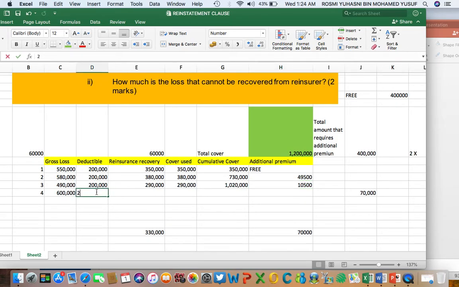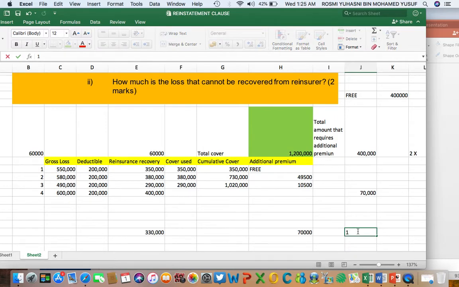600,000 minus deductible. So the insurer is supposed to recover back 400,000. Okay, why 400,000? Gross minus deductible is 400,000. But the question now is, can the insurer claim this 400,000 from the reinsurer? Remember, they have been using 1,020,000 after claim number 3, and they have a total of 1.2 million. So can they claim this 400,000? The answer is no, because the cover left is